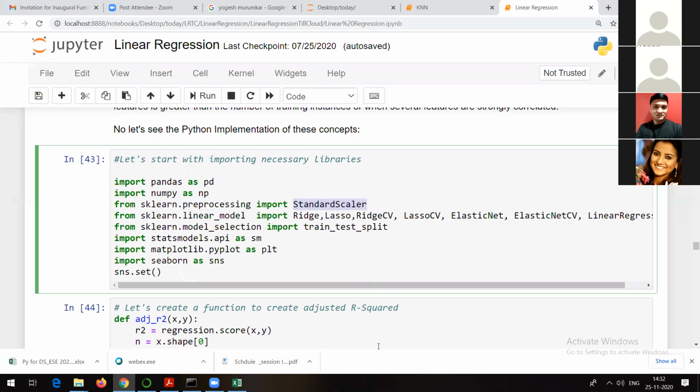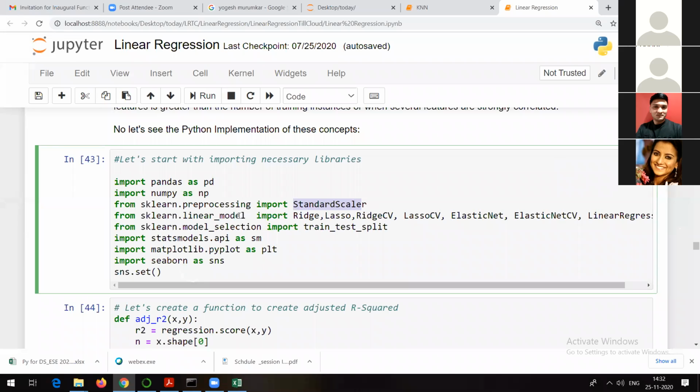If you remember, at the start I told you that we are going to make use of StandardScaler. We are going to use this method just to standardize our data. Why? I already told you. If your data is not standardized, your model is going to become a biased model. That means it is going to give you a particular kind of result again and again, and that's what we do not want.